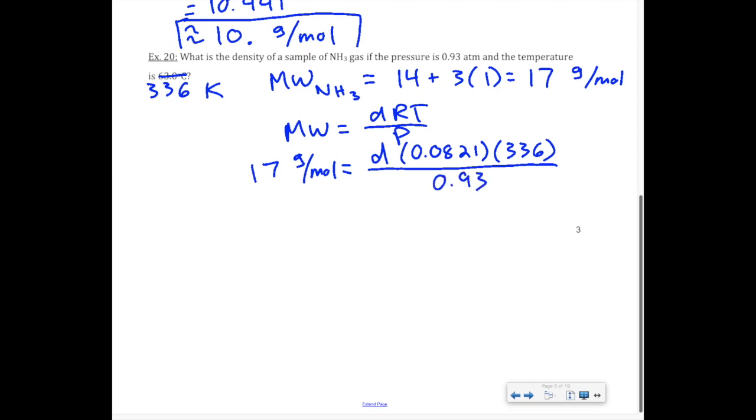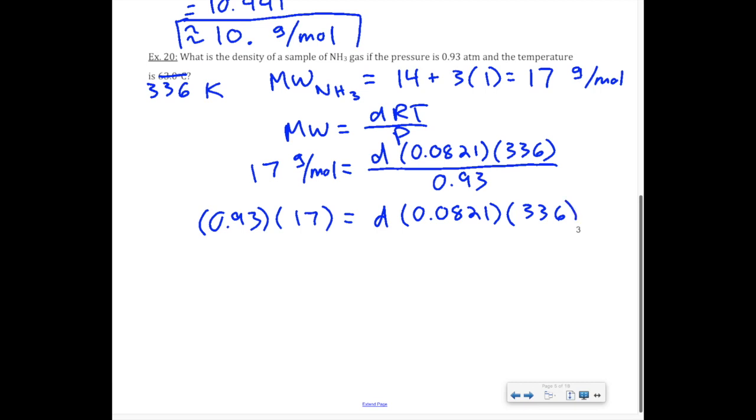Algebraically, you should be able to solve that, but I'll go ahead and help y'all out. What you should do is take 0.93 and move it over to the left side of the equation. So you have 0.93 times 17 equals d times 0.0821 times 336. And then I need to move these two constants over to the left side of the equation as well, which means I need to divide by those. So what I'm going to end up with is 0.93